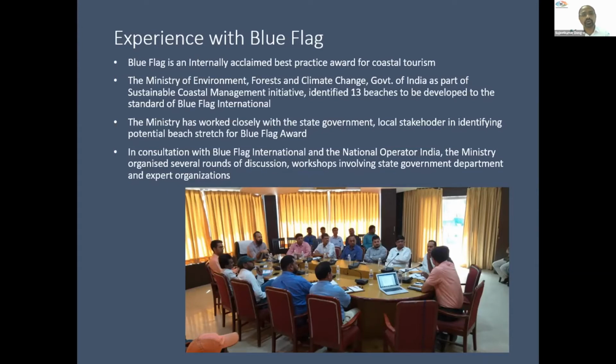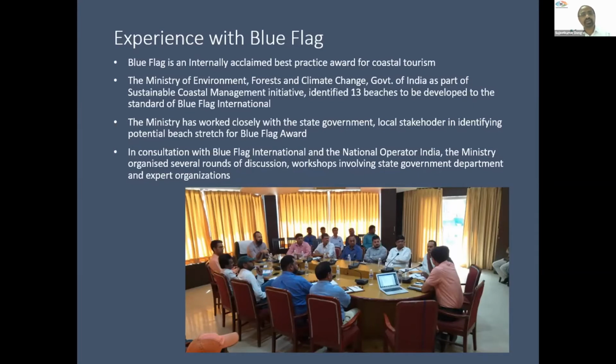So in order to take this concept to the local level or the state level, because India is a federal country, we have so many state governments, district administration, then we have municipal councils, we have panchayat level. So in order to take all the stakeholders in confidence, the Ministry of Environment organized several conferences, several stakeholder meetings, and